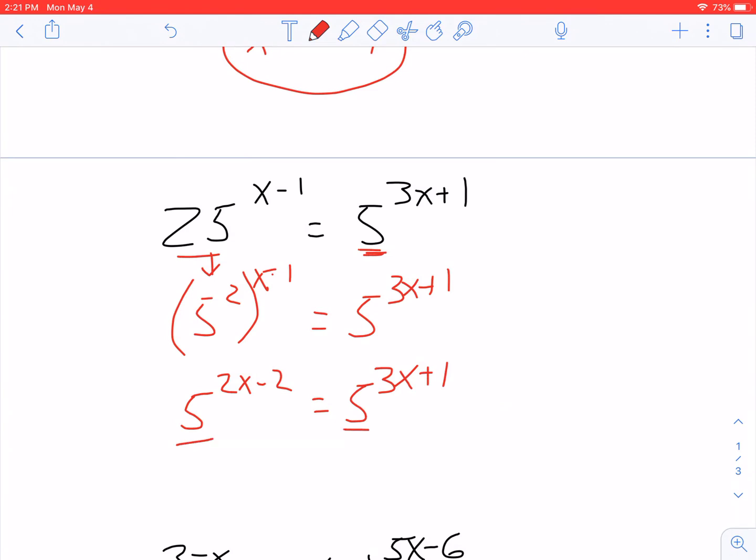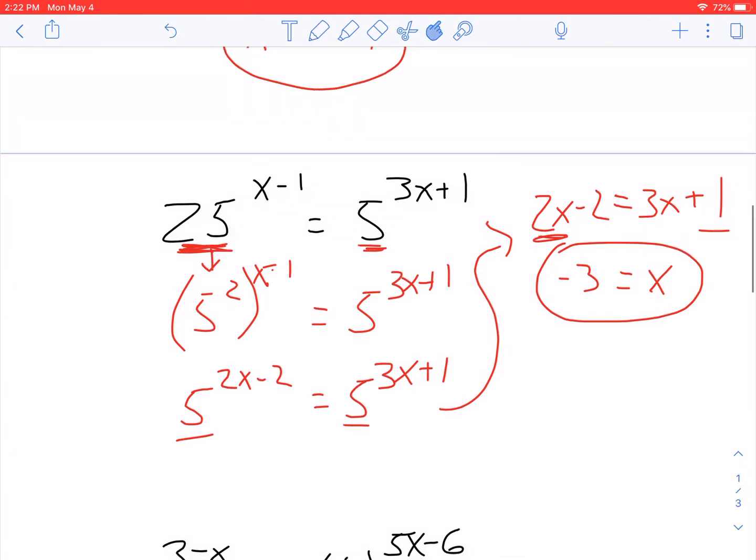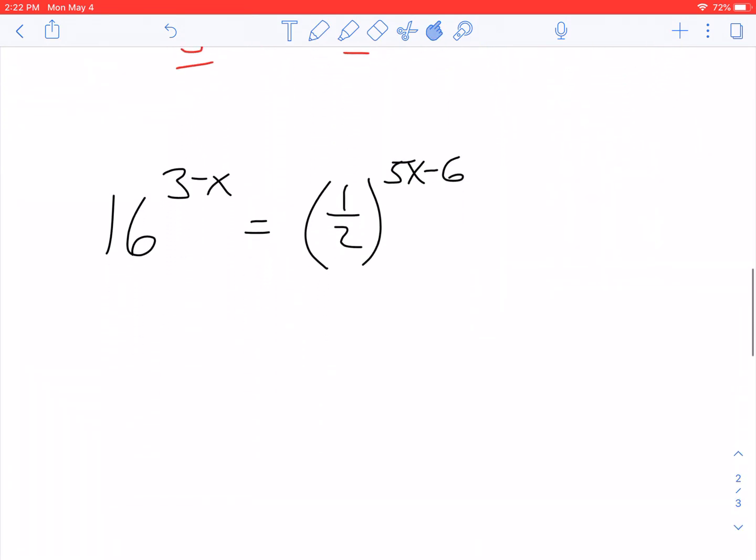Now my bases are the same. I can set the exponents equal: 2x minus 2 equals 3x plus 1. And now I have my basic linear equation to solve. Subtract 2x from both sides. Subtract 1 from both sides. I get x equals negative 3. So this is our second best scenario, again, where we just had to change one of the expressions. So if you're playing along at home, you can kind of guess that the hardest situation